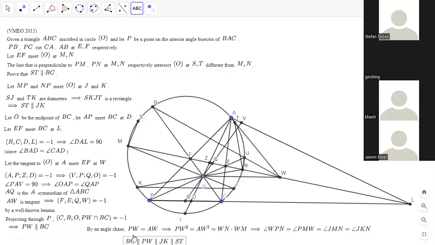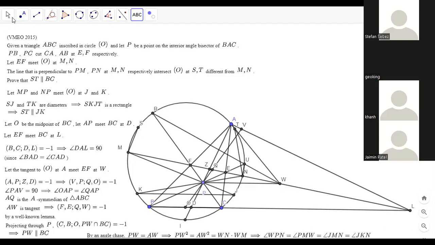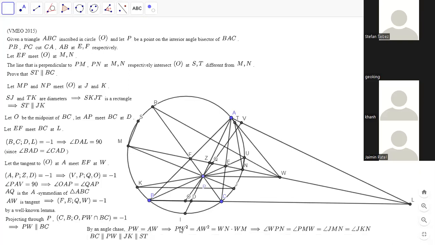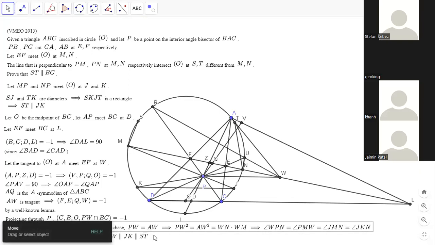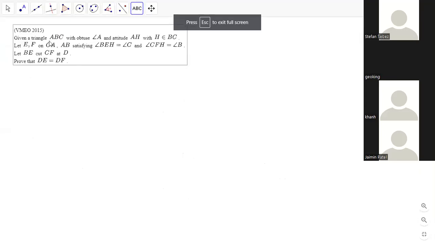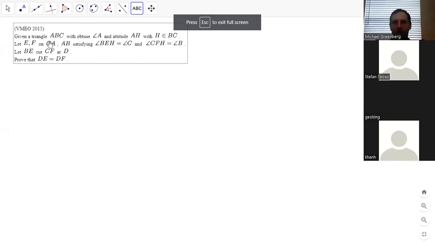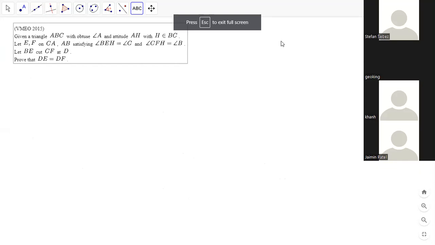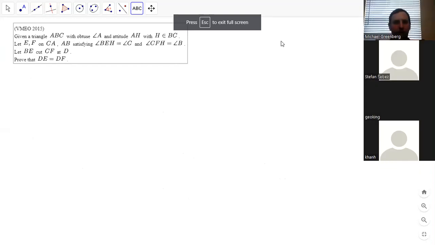But yeah, I wonder if there's any ways to simplify this proof. But yeah, we ran out of space. I don't know if you guys can see that at the bottom. So I'll move on to the next one. We're about halfway through. Okay, so this one, just checking who's on. So we have an acute and obtuse triangle